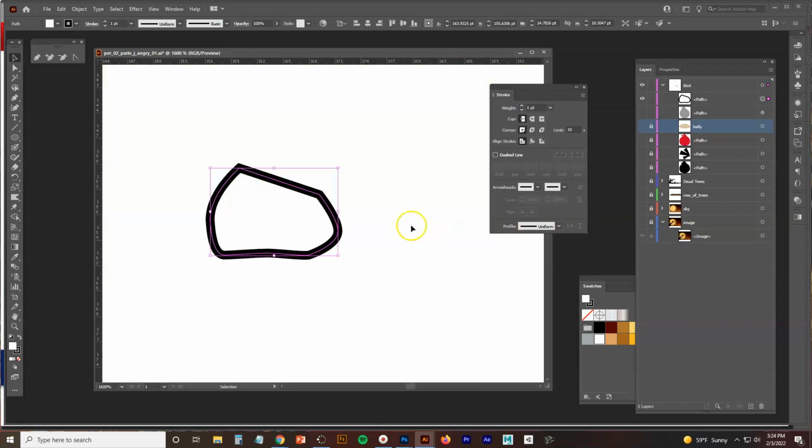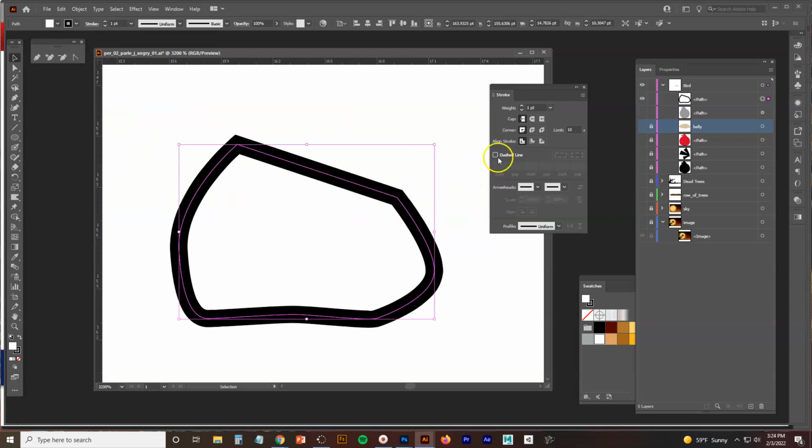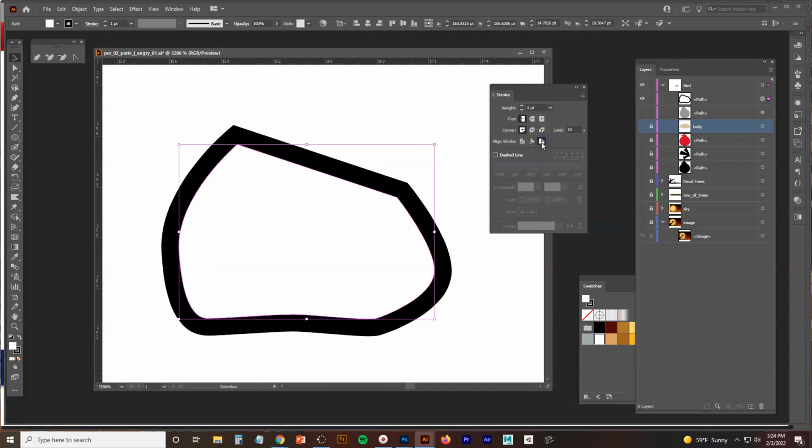But what I want to do is, if you look very carefully, the stroke is set to align stroke to center. If you look at the little thumbnail, the little icon, it shows you that, and you hover over it, align stroke to center. That means that the stroke is going to grow evenly to the outside of the path and to the inside of the path. But what I want, because I clicked on the inside of the stroke as I was creating that object,